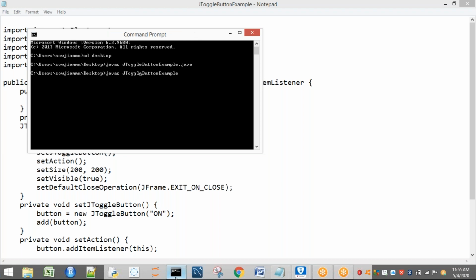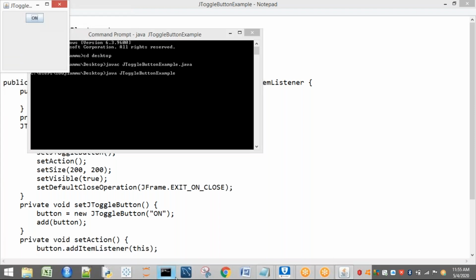As it is the frame, we are having a main method, so we are going to execute in this way. If it is an applet, we have to go for applet. See here, whenever you are going to get the output on a button, we are going to get what? On. As it is a toggle button, see, when I'm going to click on this one, first observe this button. Now, when I'm going to click on this one, what is going to happen?